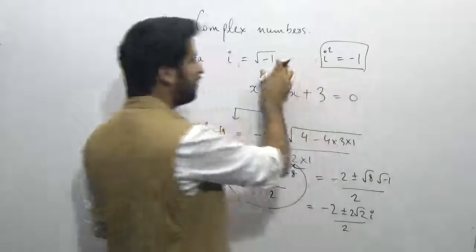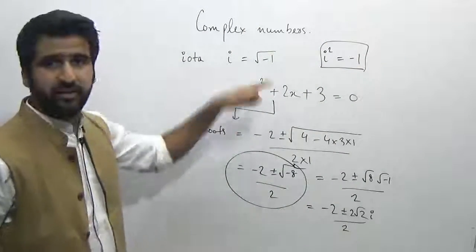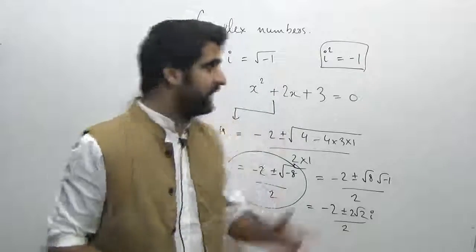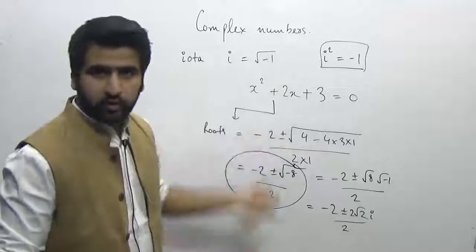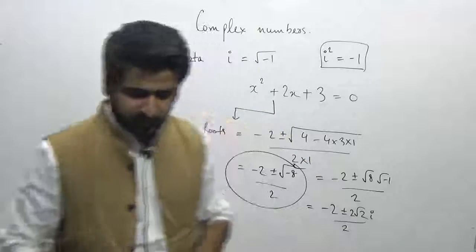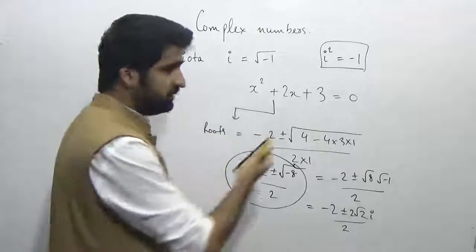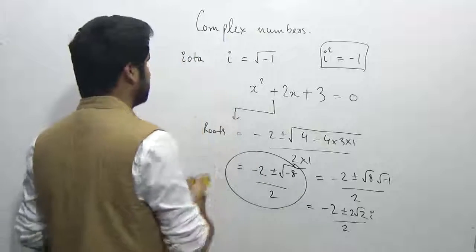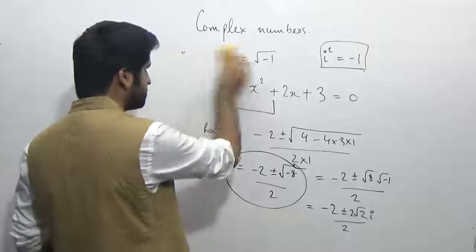So this is the base of all the complex numbers. This iota is the base for all the complex numbers, and we have a whole new chapter and a whole new topic on these types of numbers. So let's see all the operations on the complex numbers. So first we must know